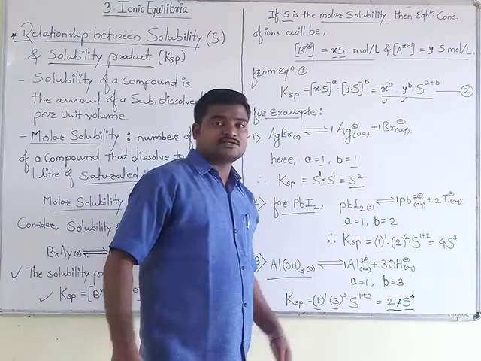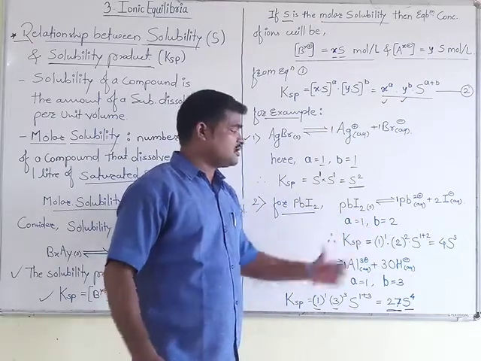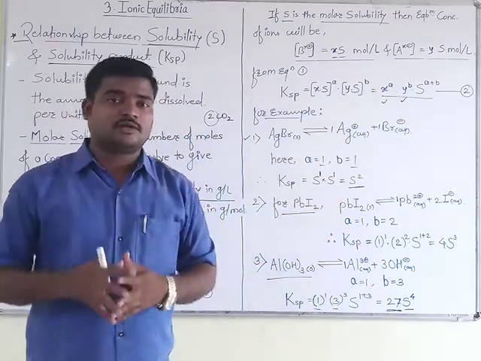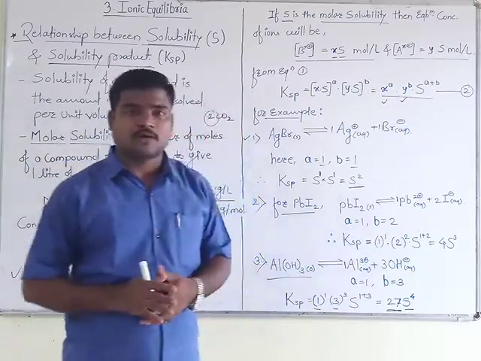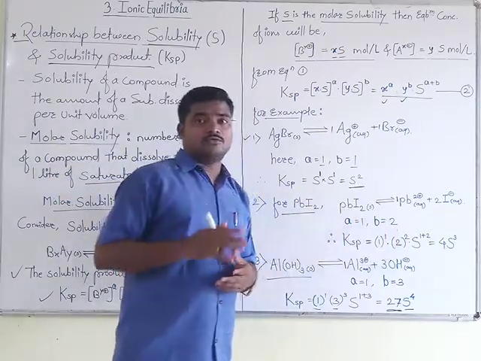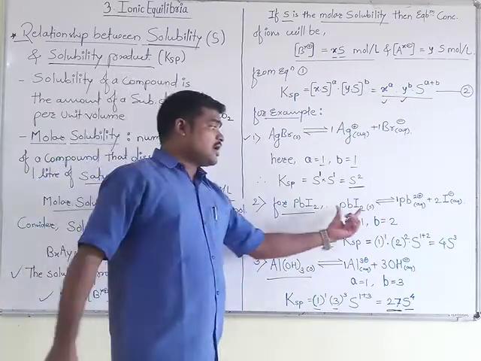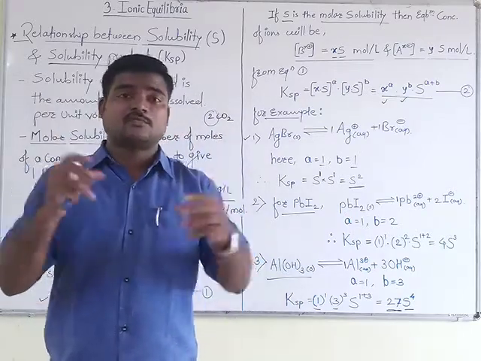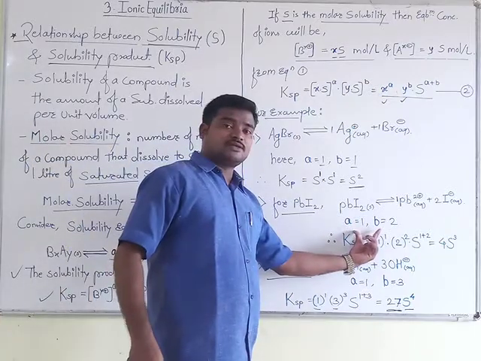Just by looking at this reaction you can write the terms a and b, that is, their coefficients. This is not a complicated thing. By observing that reaction you will get an idea and you can write the value of a and b. There should not be any problem while taking the value of a and b, if you know what is meant by the oxidation state, how that reaction can be illustrated, or how that reaction should be balanced. If you know all these things, then you can get this value, that is a and b.